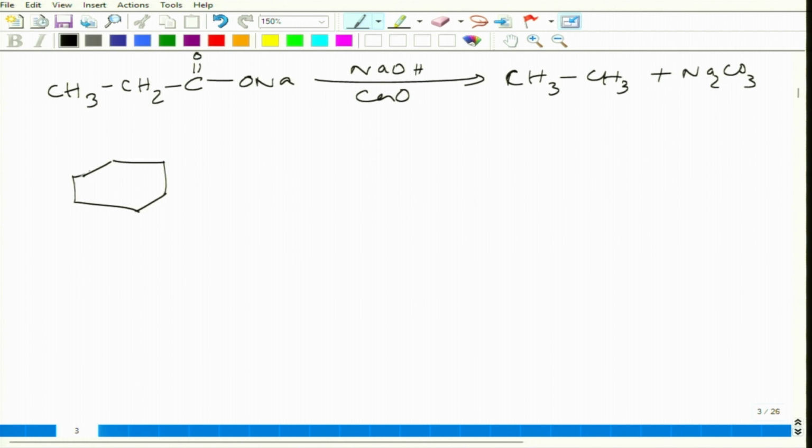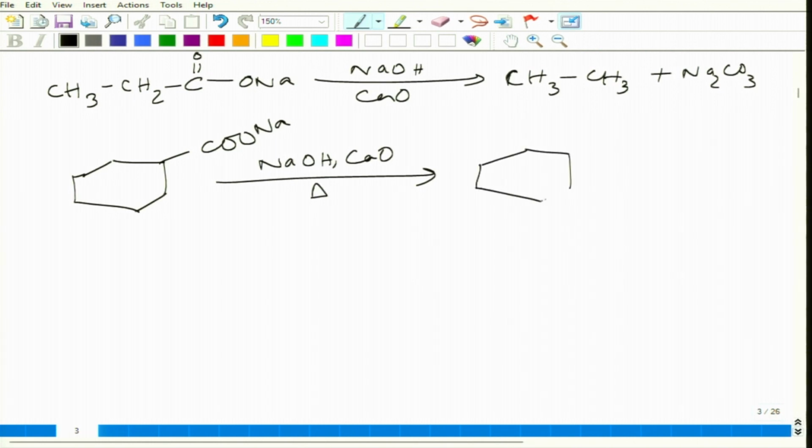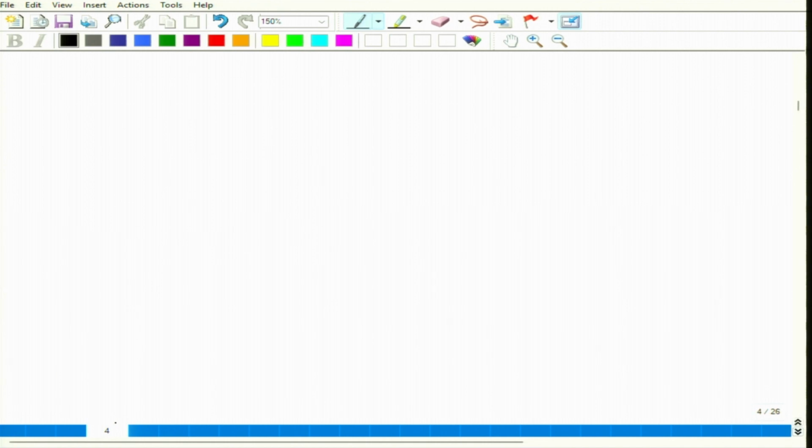If we take a cycloalkane carboxylic acid in the form of its sodium salt, in presence of soda lime and heat, we get cyclohexane, right? And this part will form Na2CO3. So, this was decarboxylation. The next method of forming alkanes from carboxylic acid is